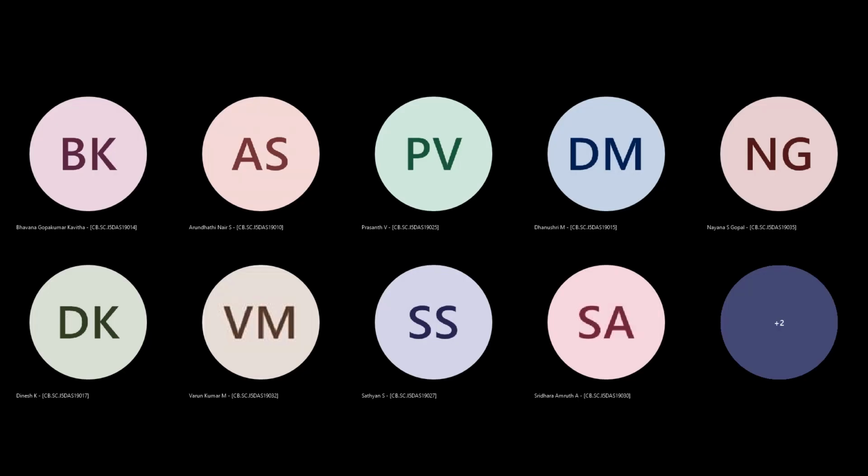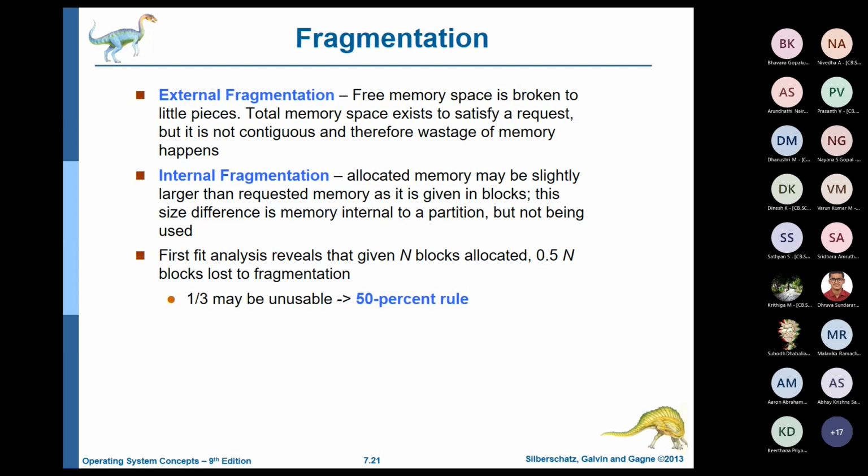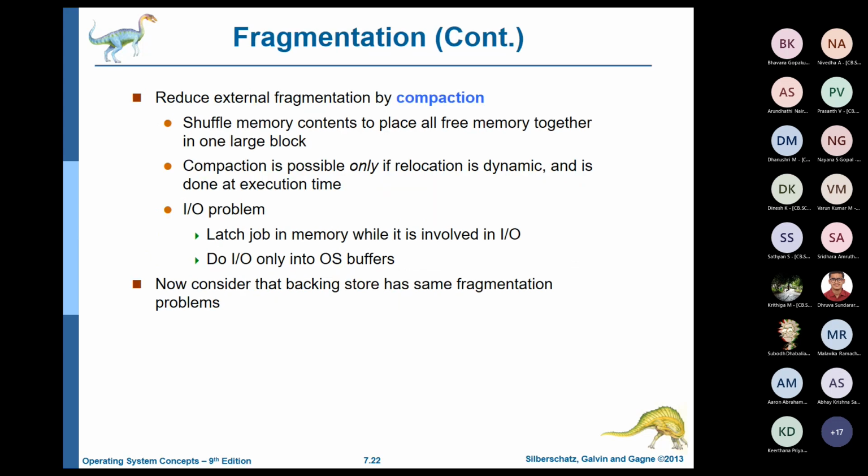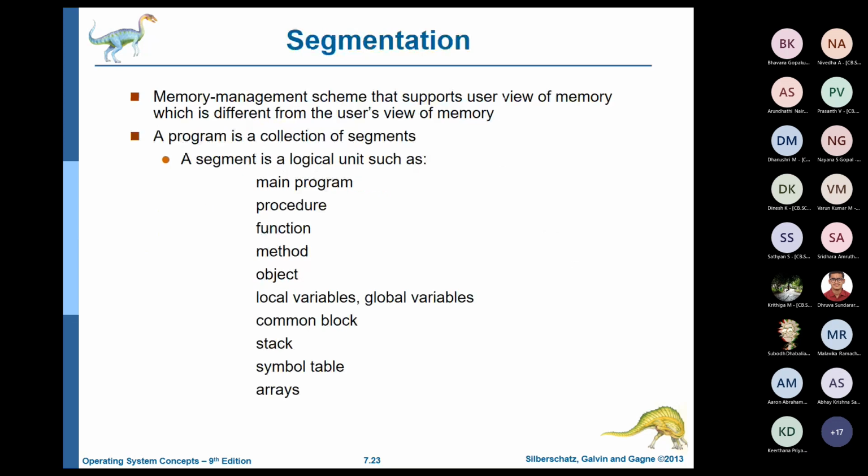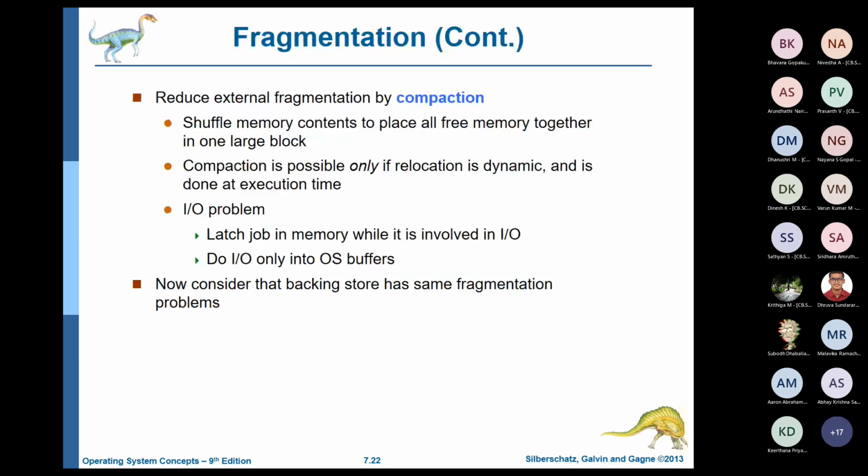malloc and calloc functions. They are basically the memory allocation functions. This is a similar thing that happens at a programming language level. Here it is happening more at an operating system level, where the memory is broken down to pieces, and you can do it internally or externally. That's just a matter of detail. But what happens is that you want to compact things. How do you compact things and use the memory in a much more efficient way?